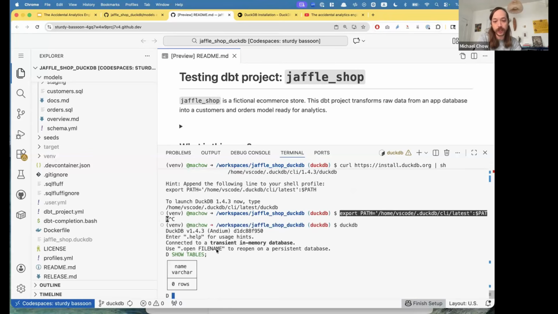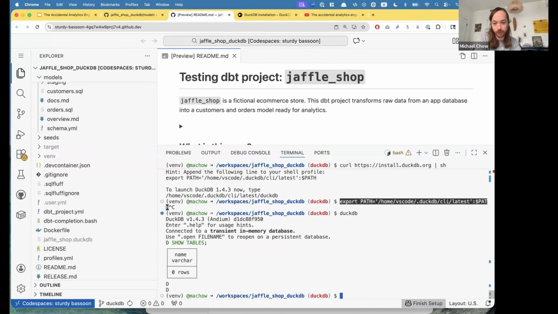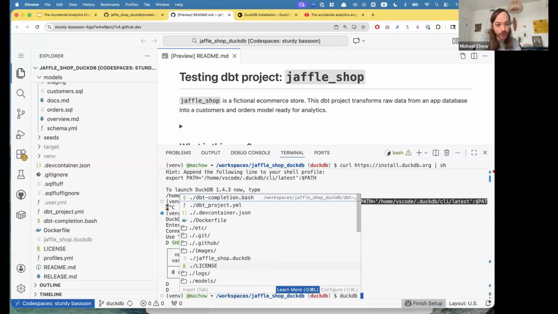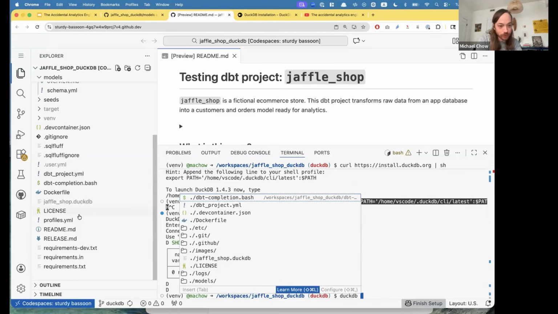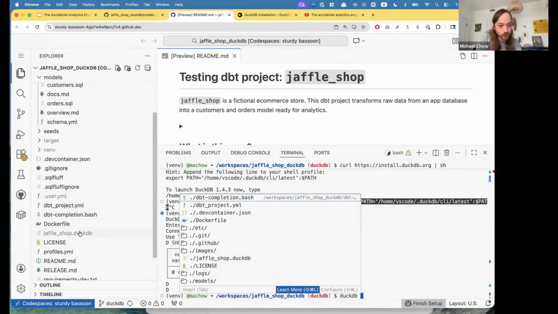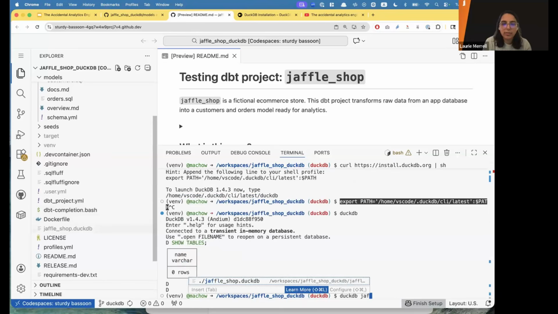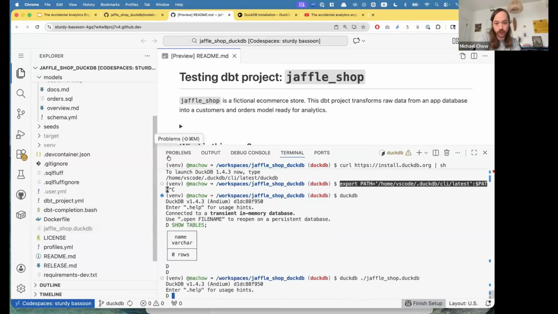So now I'm going to do show tables. Uh-oh. Oh, I need to connect. Wait, DuckDB, and then I put the name of the database in, right? Yeah, that's why it's suggesting you can auto-complete. Oh, very cool. Okay. This is why we pair.